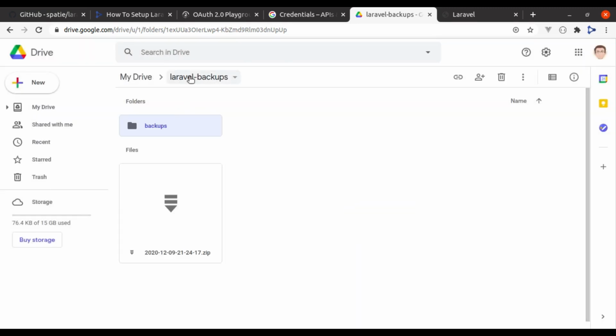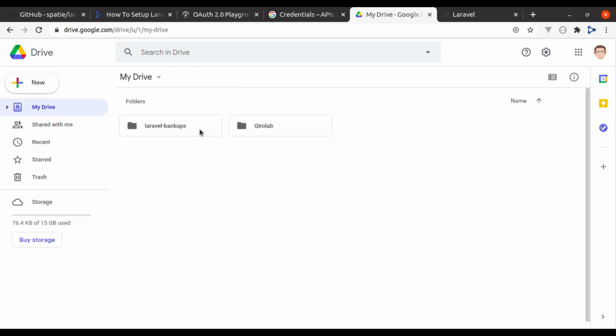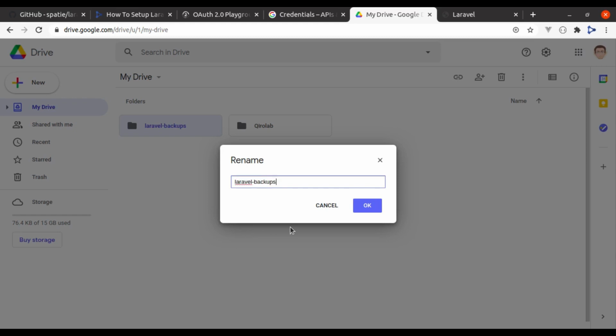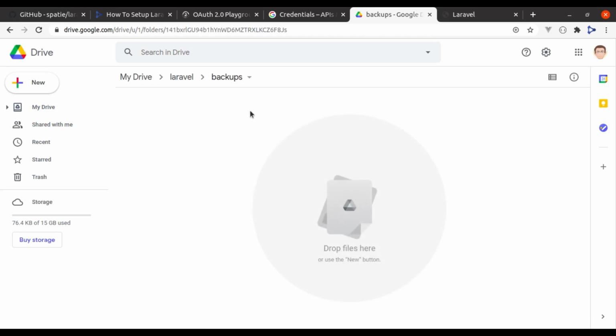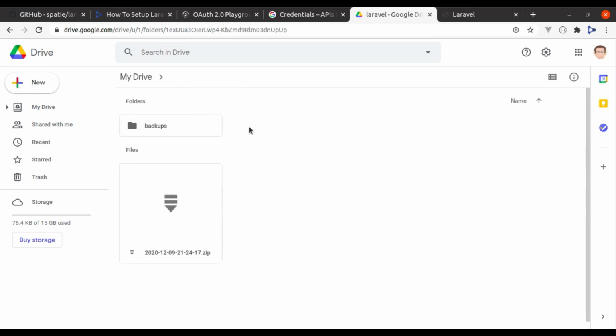And now its name Laravel backups doesn't make sense, so let's rename it to Laravel, the app name. And in this app you have another directory backups, and you want to store your backups in the Laravel backups directory and all other files right here in the Laravel directory.